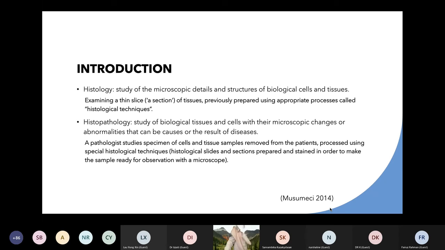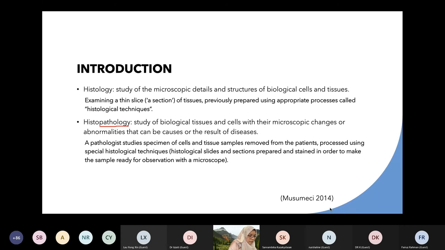So, what is histology? It's defined as the study of the microscopic details and structures of biological cells and tissues, be it from humans, animals or plants. So we usually examine a thin slice, or what we call a section, of tissue previously prepared using appropriate processes called histological techniques. What about histopathology? We have